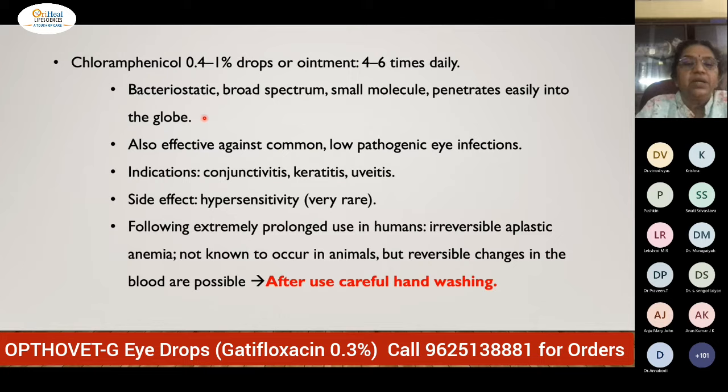It is bacteriostatic and not bactericidal, and for low pathogenic eye infections you can use chloramphenicol, in conjunctivitis, keratitis, uveitis and all. And I prefer to use chloramphenicol eye ointment in case of KCS also, because it gives a lubrication effect at the same time. Sometimes you find hypersensitivity, but one thing you should remember, in human beings it can cause aplastic anemia with constant use. So generally we used to tell them, because these days they read everything through Google, that after use on the eye, they can carefully wash their hands. It is not reported in